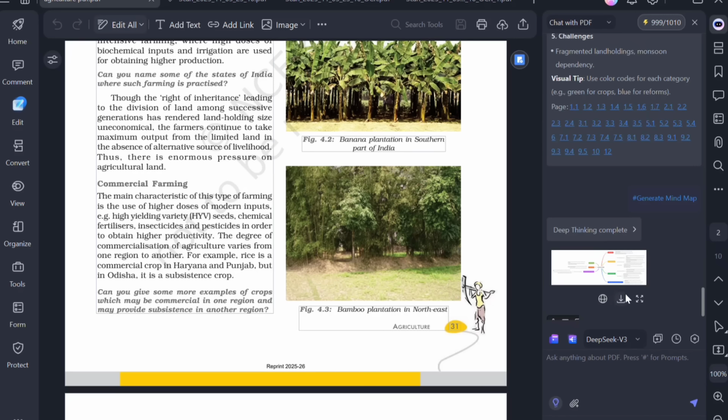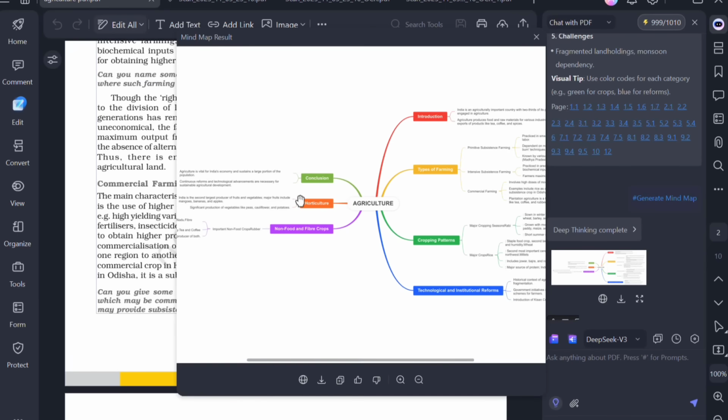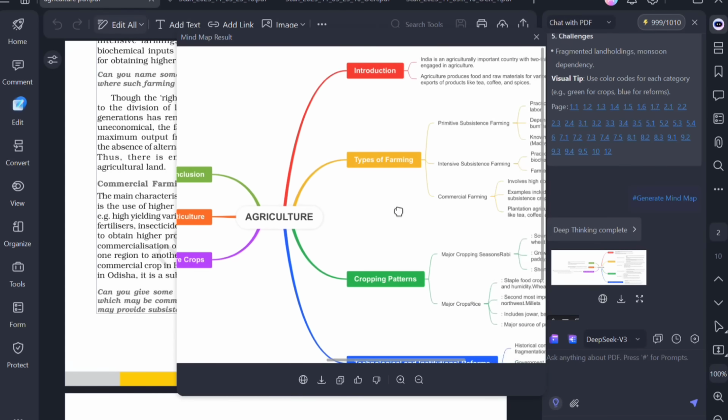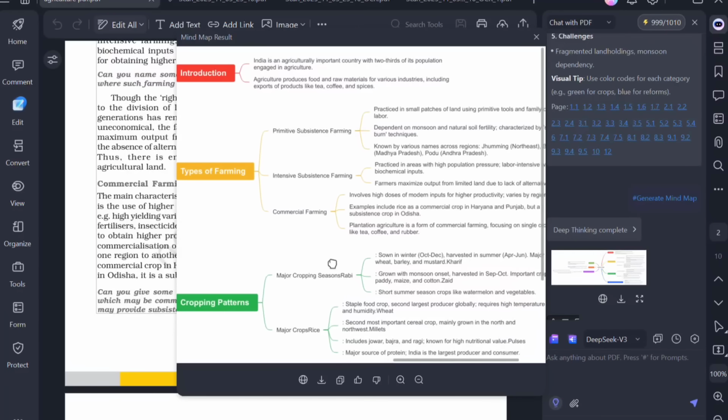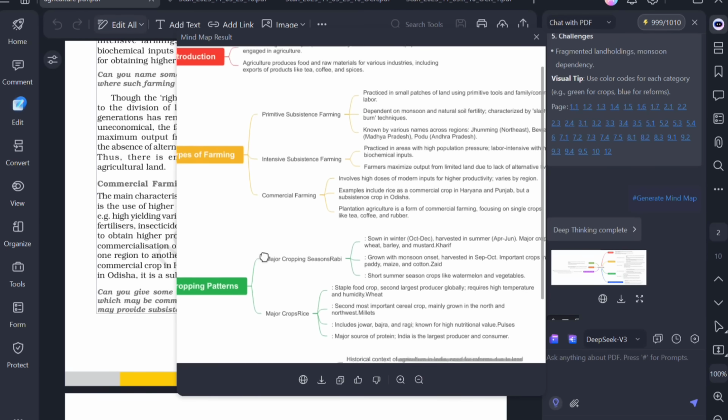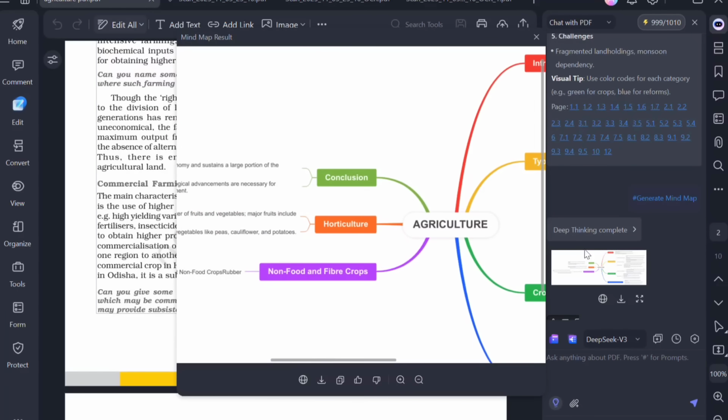And this is super helpful when your exams are so around the corner that you just need to quickly revise the topic. You can just go through this mind map and you'll be done. As you can see, all the topics are covered in this mind map, and for somebody who enjoys learning visually, this is a really helpful tool, and that is why it is my favorite feature from this app.